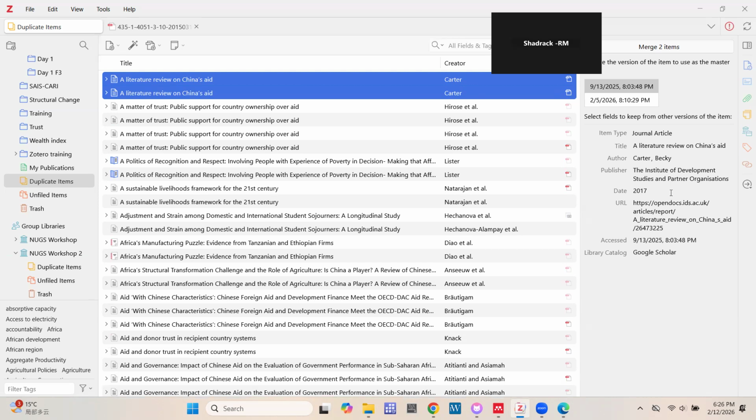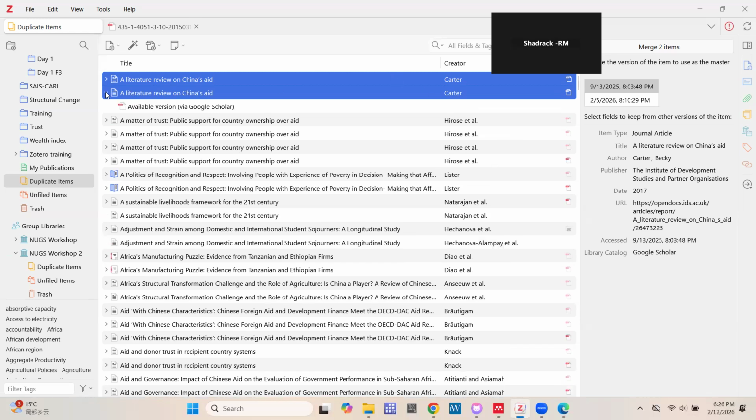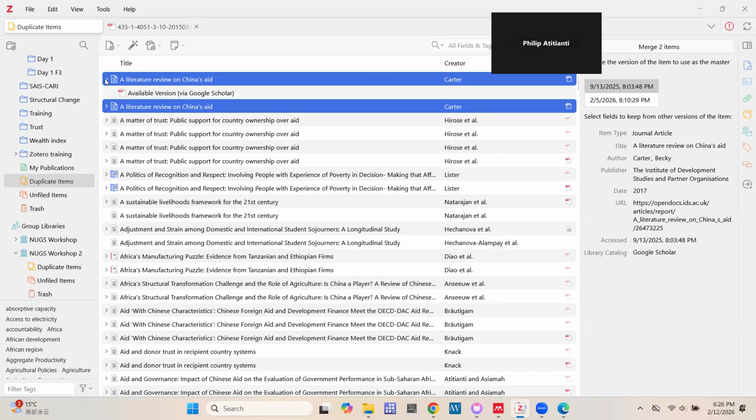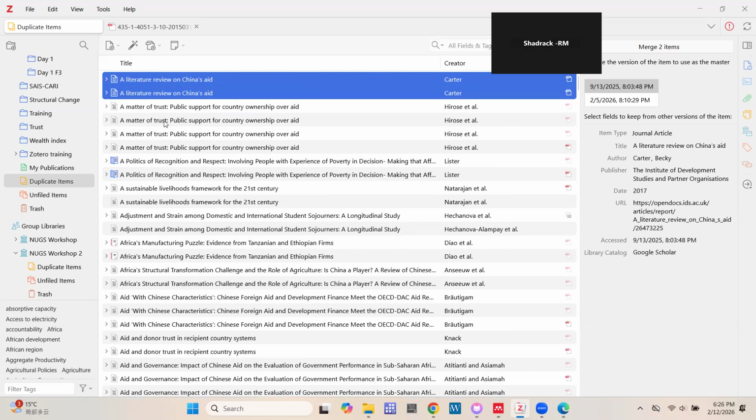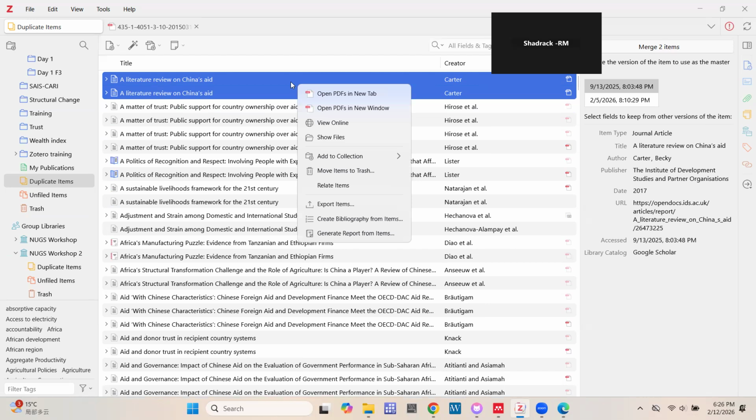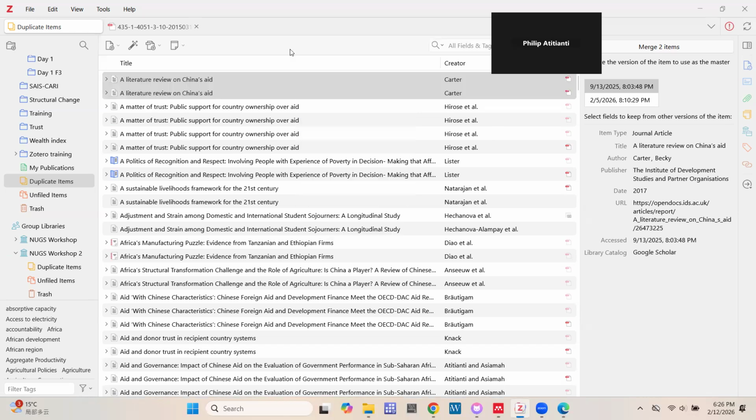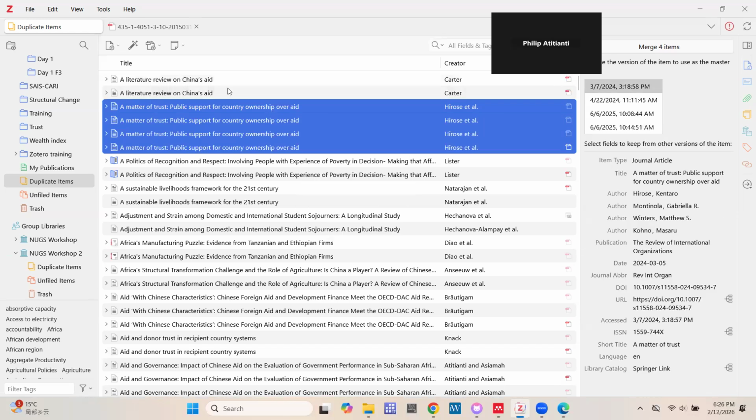It's telling me this is the same paper, but you have it twice. What then do you want to do? Then you can choose to delete one of them, and you have just one copy. Is that okay? Okay. So once you right click, you can make any decision you want. So that's the function of the duplicate.